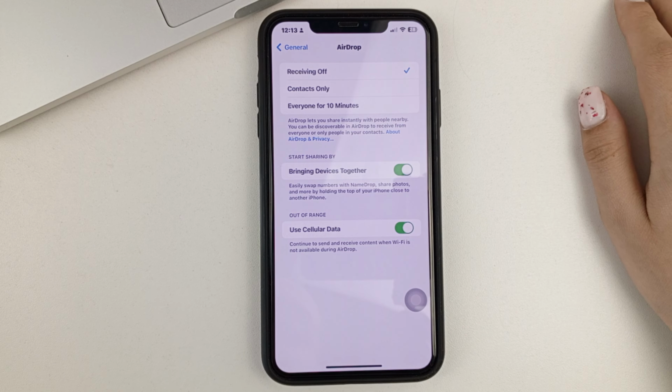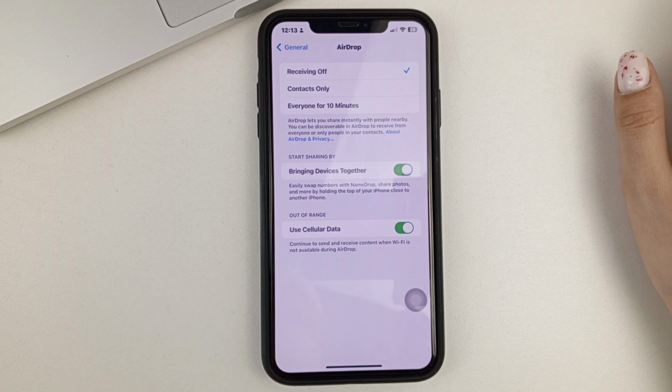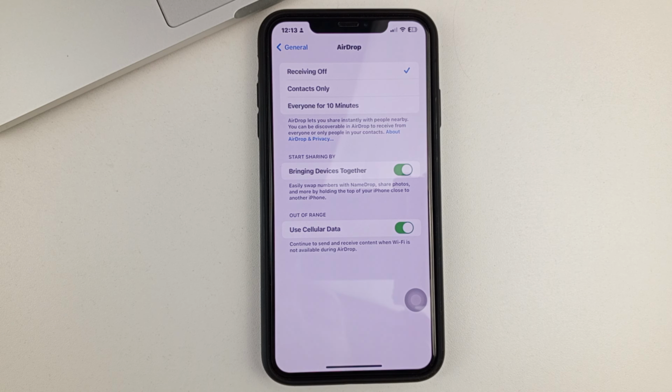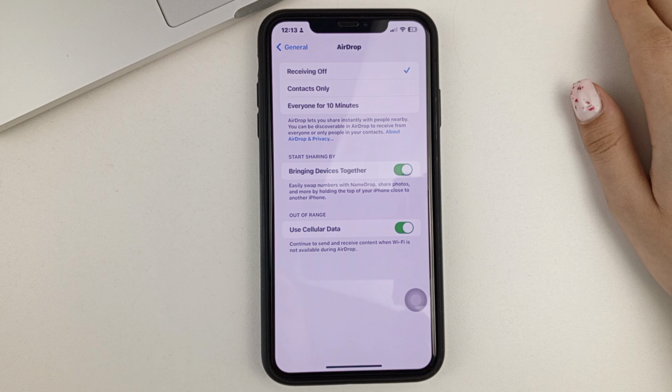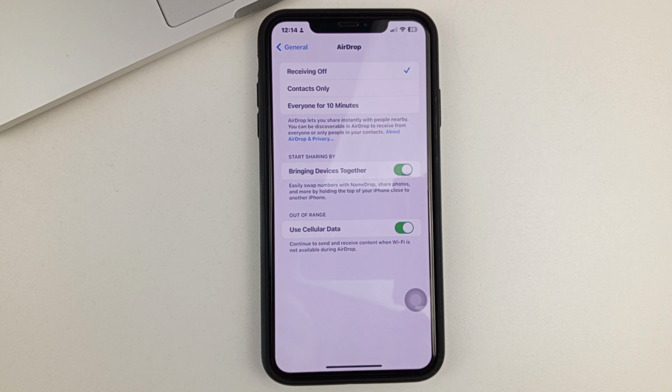As you can see, at the moment I, for example, had this function enabled. Most likely, it will be automatically enabled for you as well. And thanks to this feature, you will be able to share contacts by name or photos or any other files. If you have your iPhone, put the top of the phone to the other iPhone.